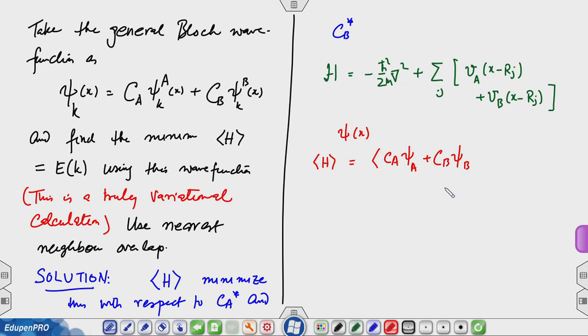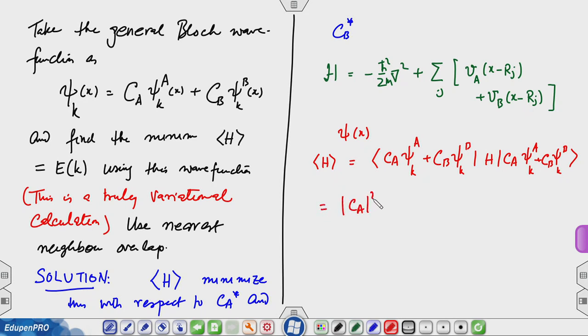The way I have been writing it is to write the k here to indicate it is a k wave function: psi_B H C_A psi_kA plus C_B psi_kB. So, this is going to be equal to